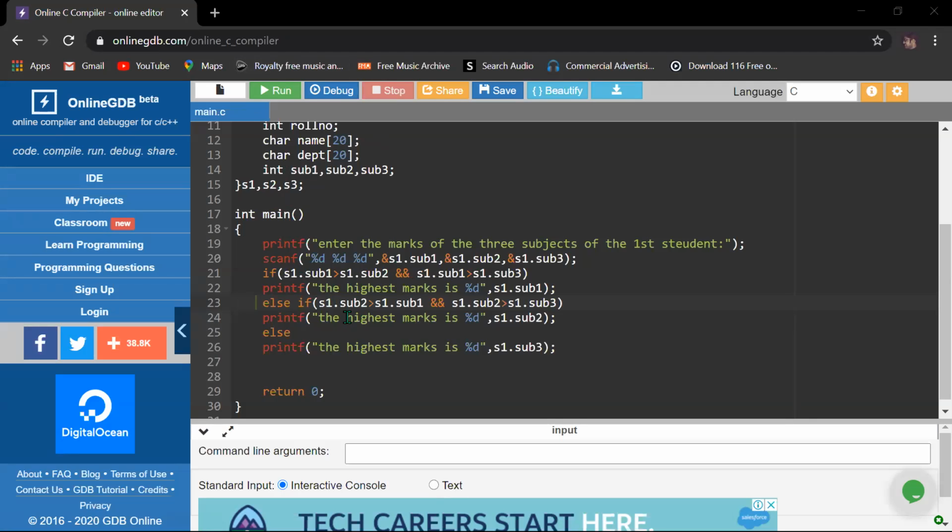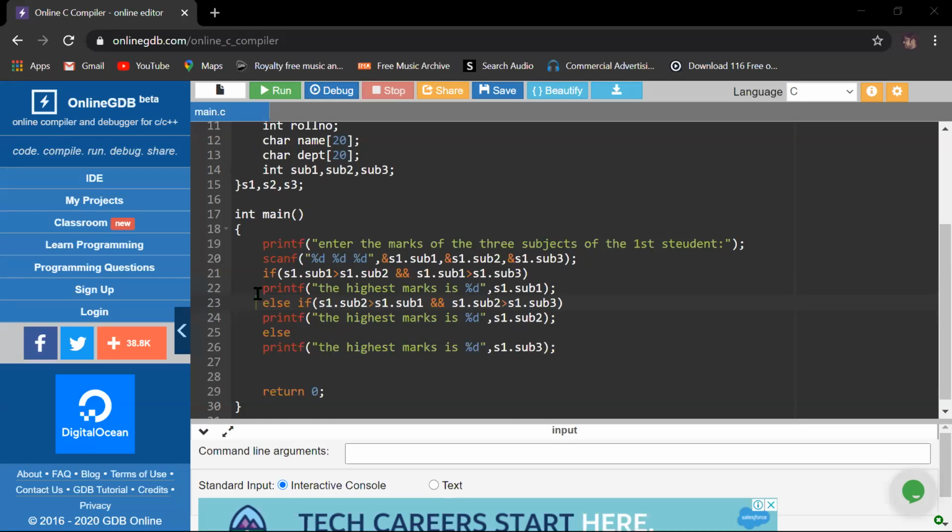So you have to write all the conditions in your loop, in the for loop. Exactly. So you have to compare all the subjects. All the subjects means one subject at a time for the 3 students, and you have to write all the conditions in between the for loop. Akanksha, are you getting my point?